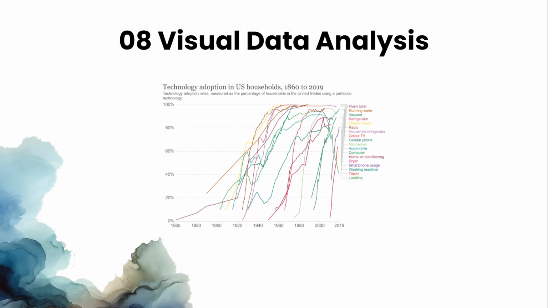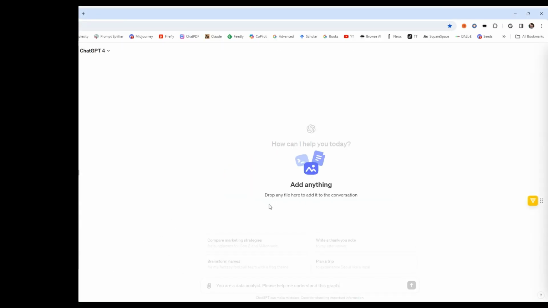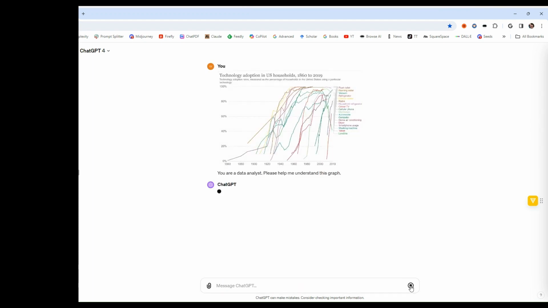Here is a very complicated looking graph. Let's see how ChatGPT Vision can help us understand it. Okay, let's add our complicated graph into ChatGPT and tell ChatGPT, you are a data analyst. Please help me understand this graph. So ChatGPT begins to analyze this graph